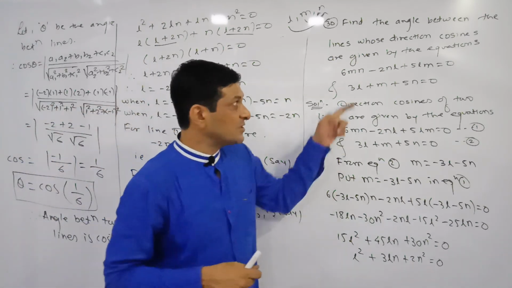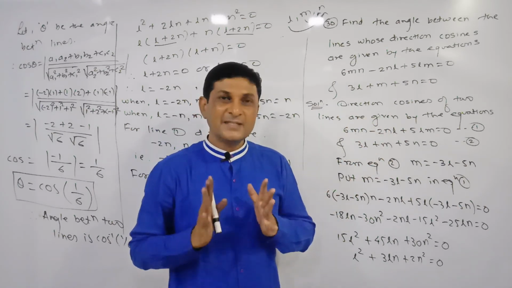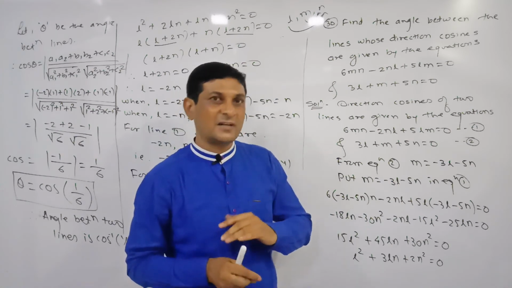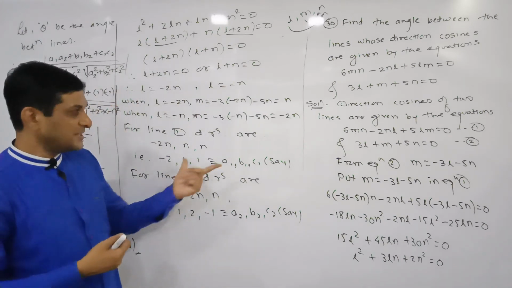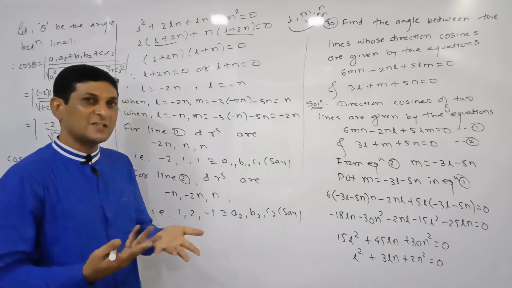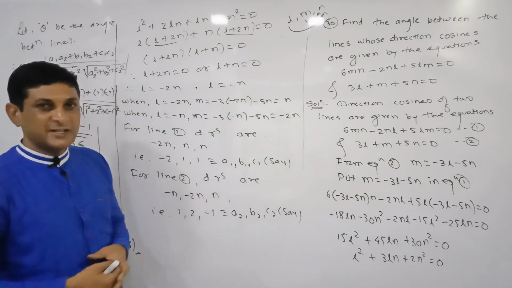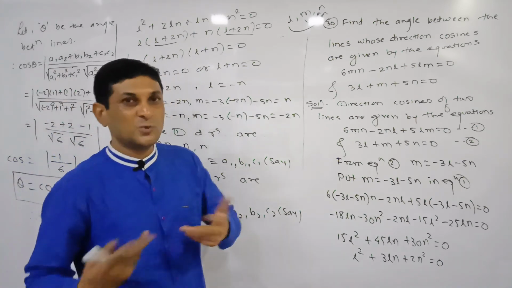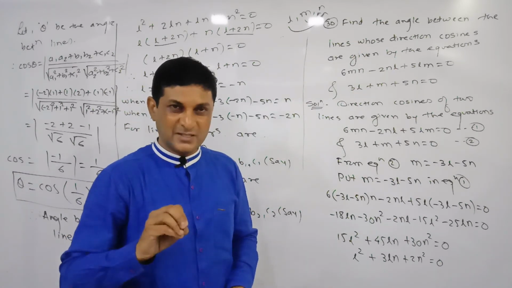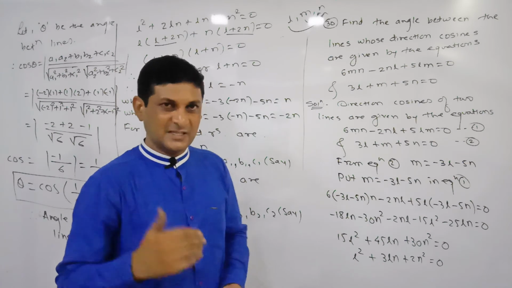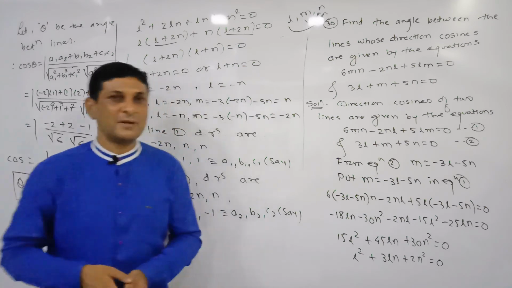See, as it stands, the equations are given in terms of L, M, N, and these are the relation between direction cosines. In the same way, the relation between direction ratios may also be given. Here also, from direction cosines we are directly finding direction ratios, because direction cosines are also called direction ratios. After finding direction ratios, the question may be asked to show that two lines are perpendicular or parallel, or to find the angle between two lines. To solve every example, we first require the direction ratios. So the method up to here will be the same in every example.